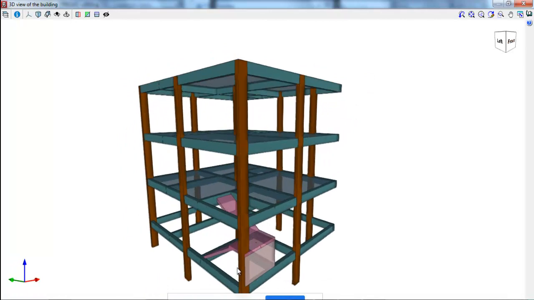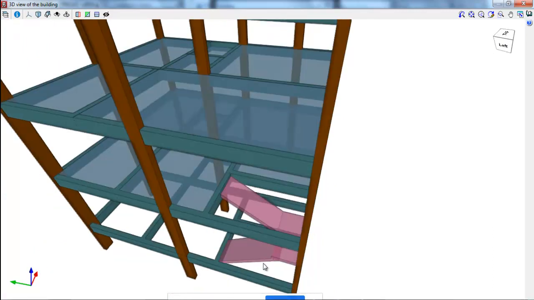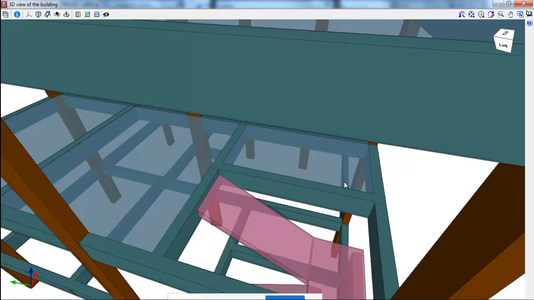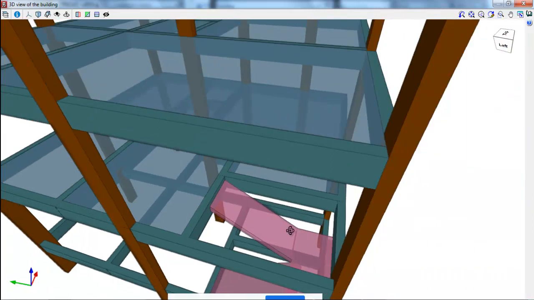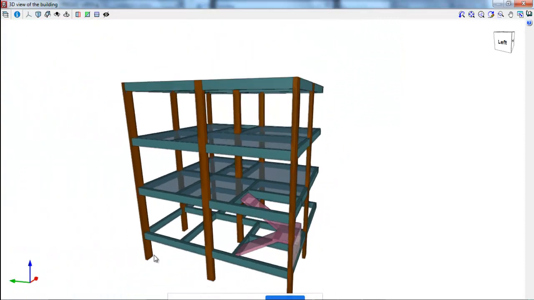Now you can see the staircase has got some plinth beam level support, and also we have got support at the roof level, that is at the first floor level, and we have a cutout, so people can simply come outside here. I hope you are able to see all these things clearly. Now this foundation, I am going to do after doing the analysis.